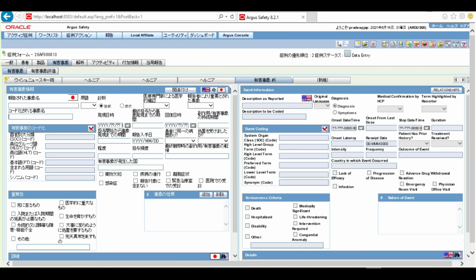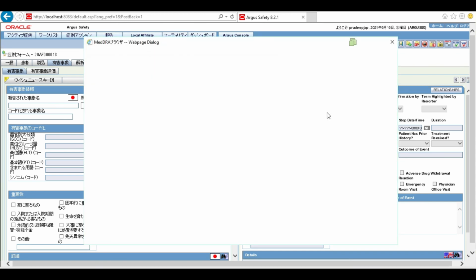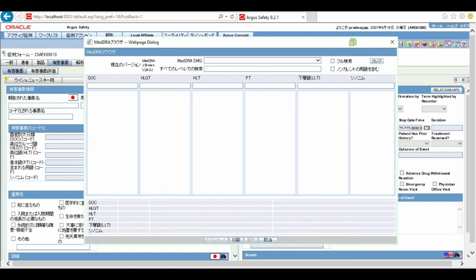I'll click on the tab just to invoke the browser. I'll search for the text. I'll check this particular checkbox. I'm going to select this one.